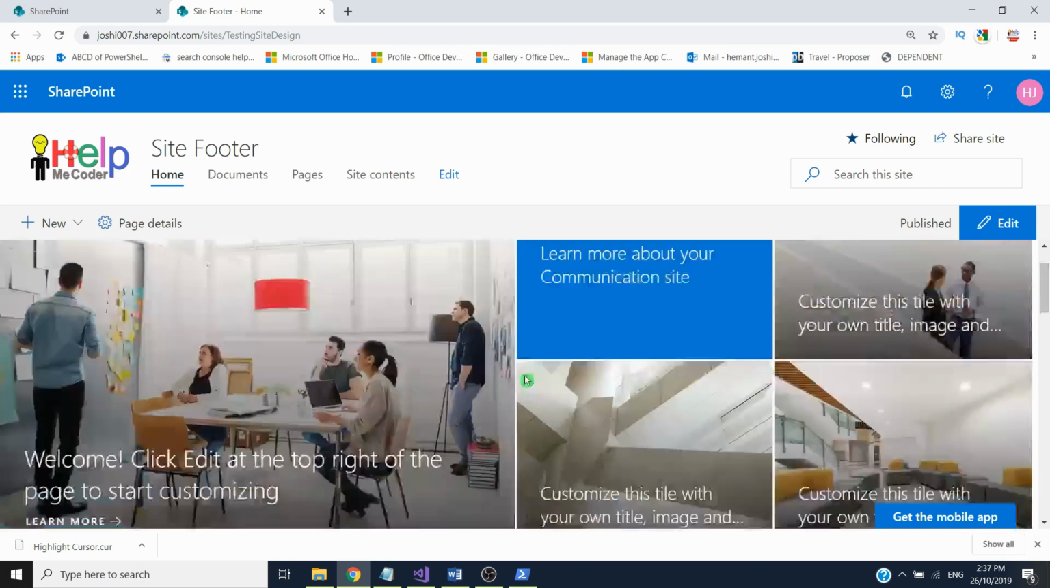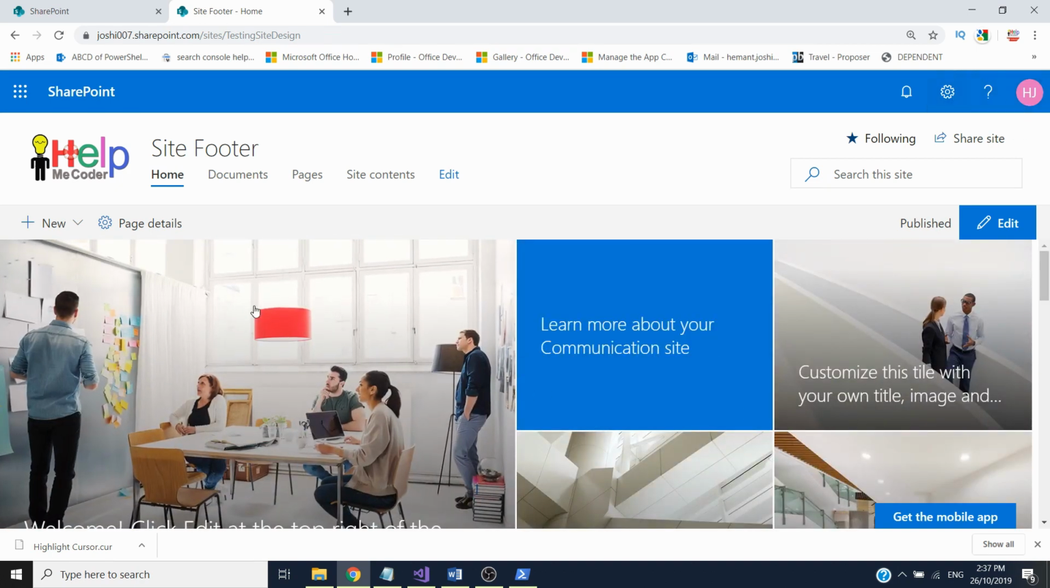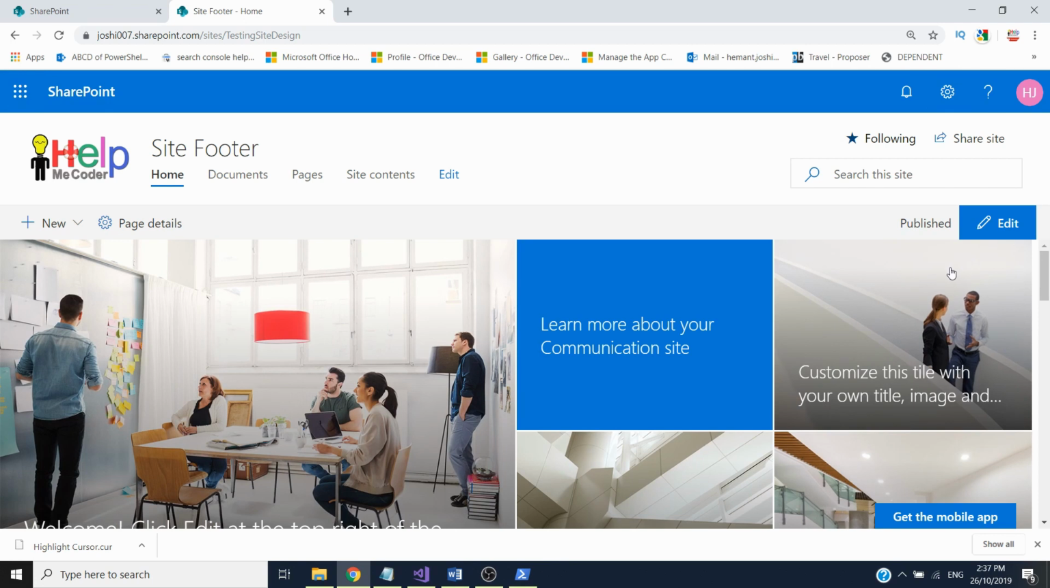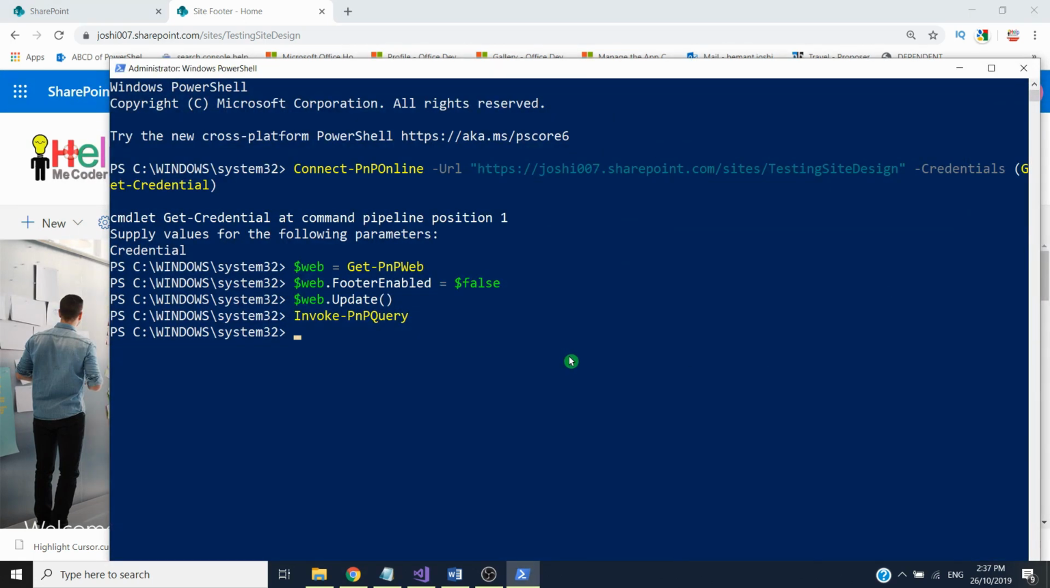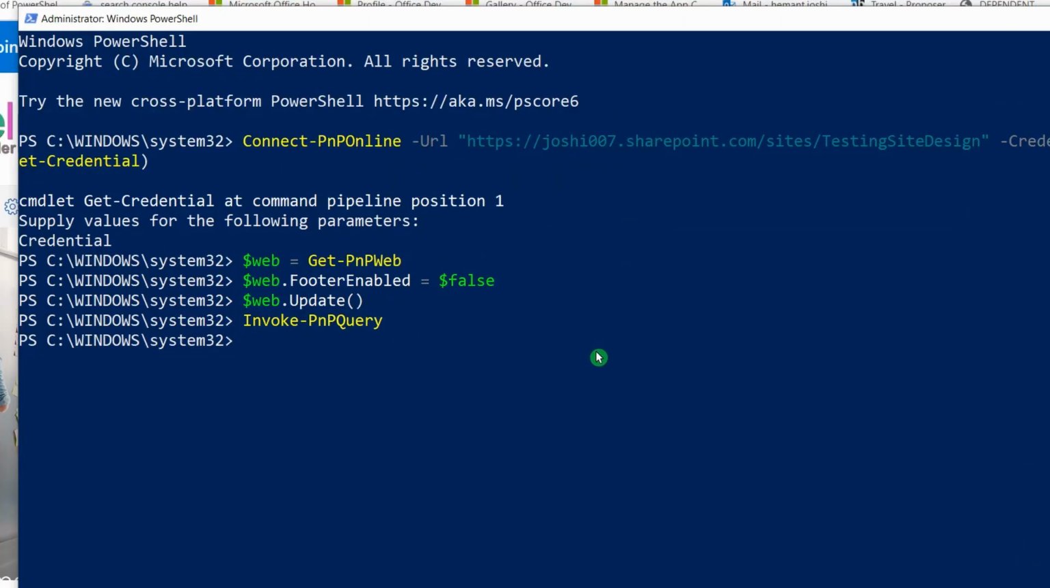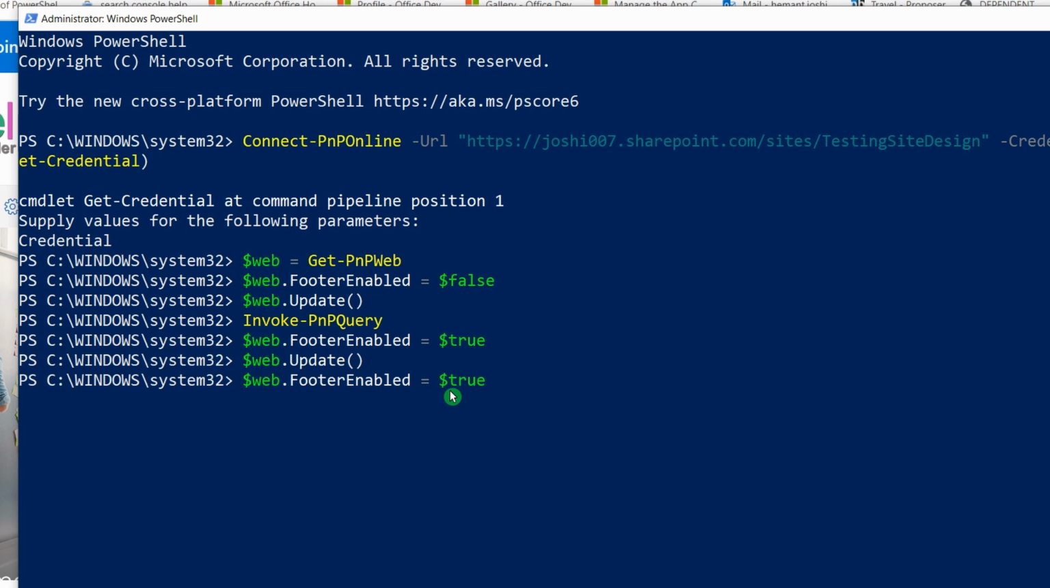But this is something you could have done easily from here as well. My main idea is how you add those links and labels using PowerShell. So what I will be doing right now is let me again enable the footer. I will set this as true and update this, and then I will invoke the